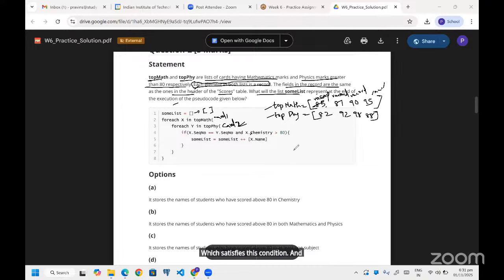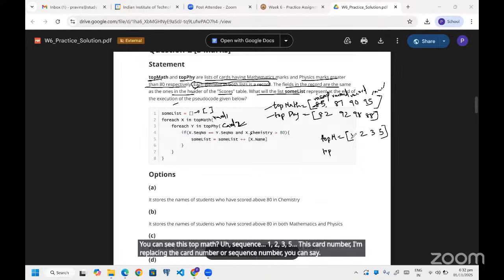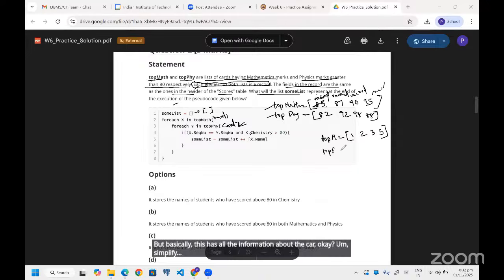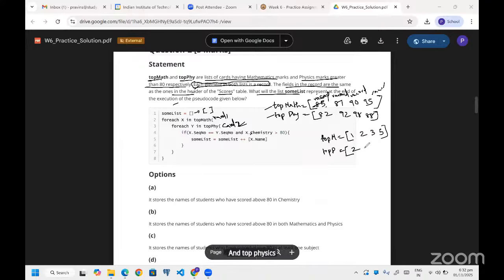And first, what it will do is match whether the sequence numbers are there in both, and the marks should be greater than 80 for chemistry. Let's say this top math has sequence 1, 2, 3, 5. I'm just representing the card number, or sequence number, you can say, but basically this has all the information about the card. In a simplified manner, I'm writing it. And top physics has something like 2, 4, 5, 7.